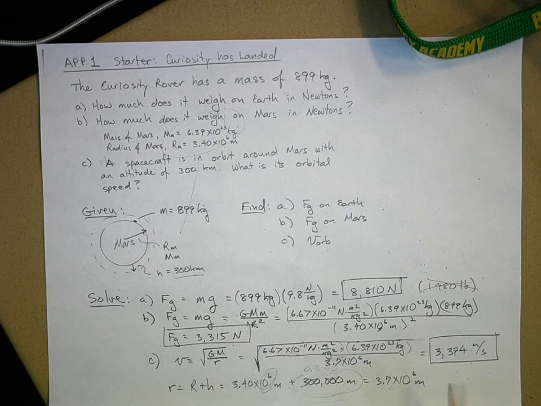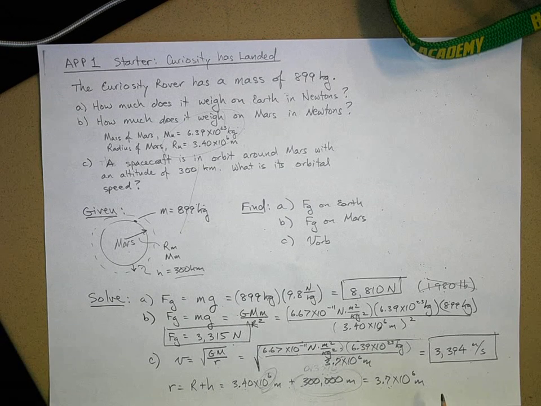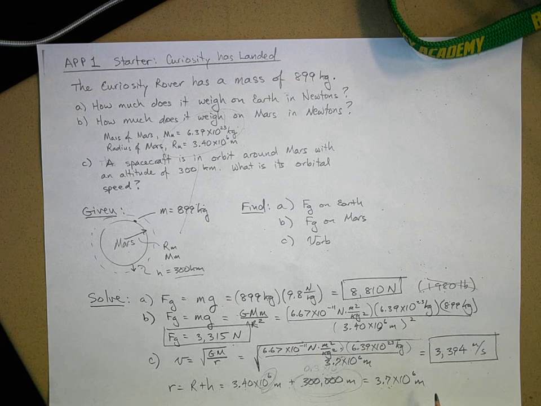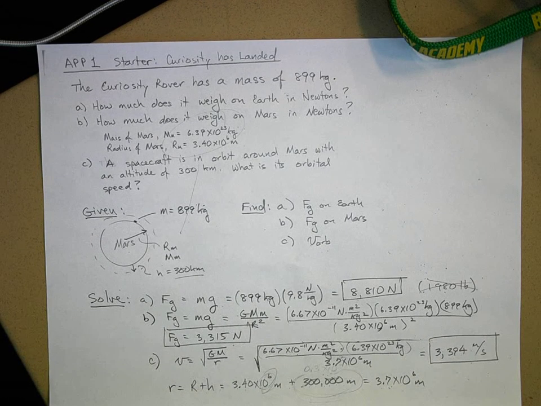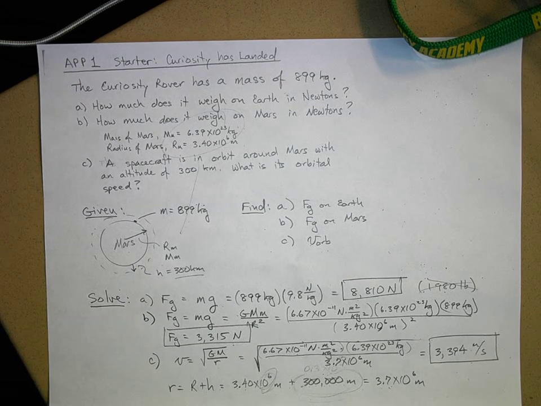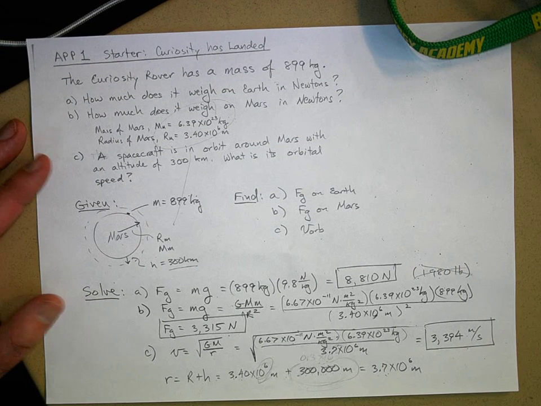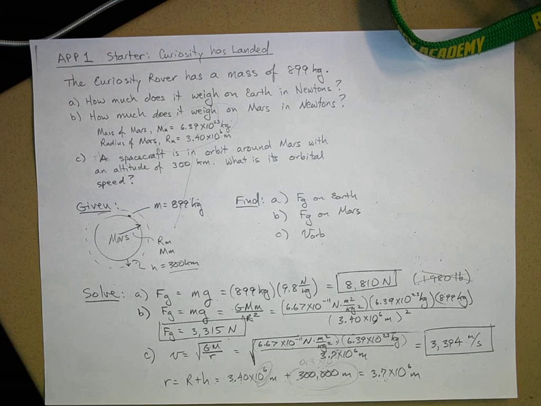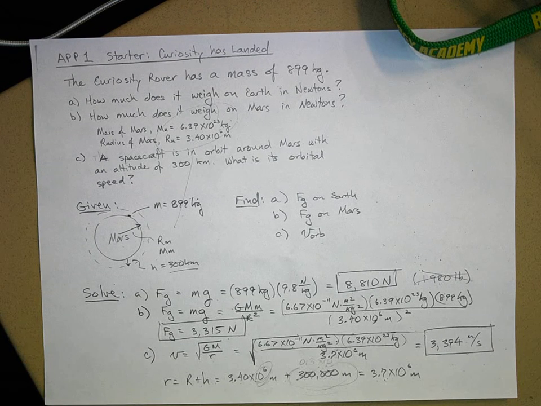Now, that's pretty slow compared to what you'd have to be in orbit around the Earth. I think Earth is like 7,000 meters per second. So, anyway, there you go. Any questions on this starter problem? Okay, that is